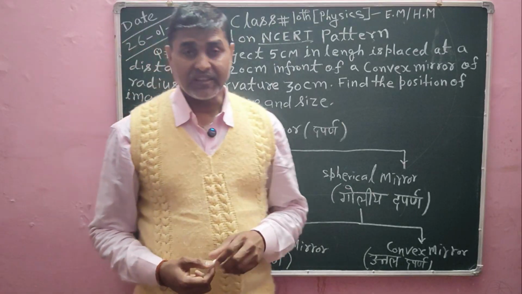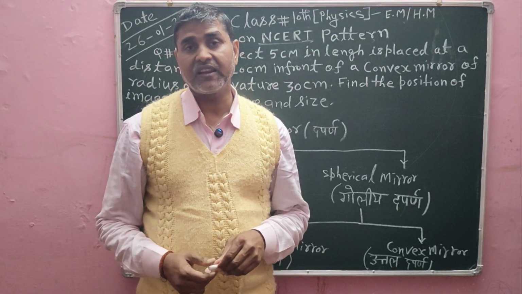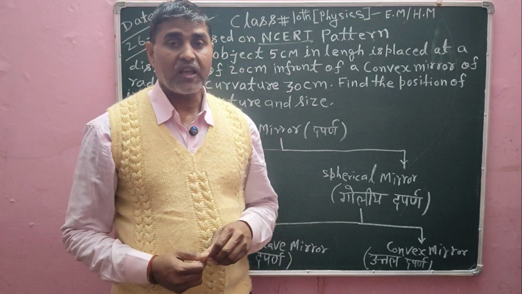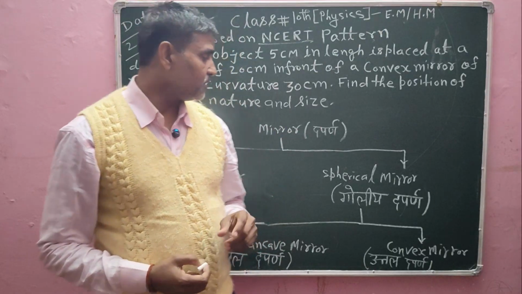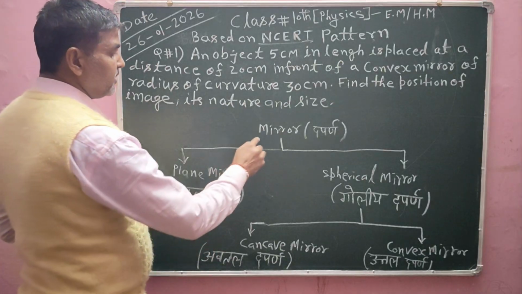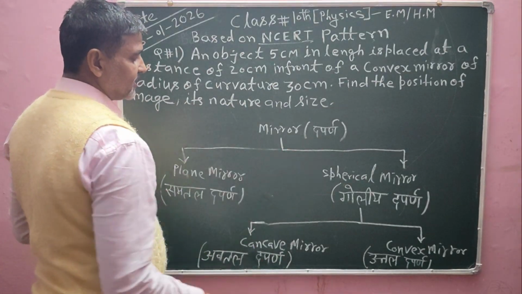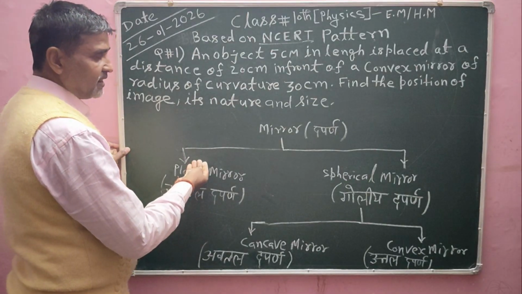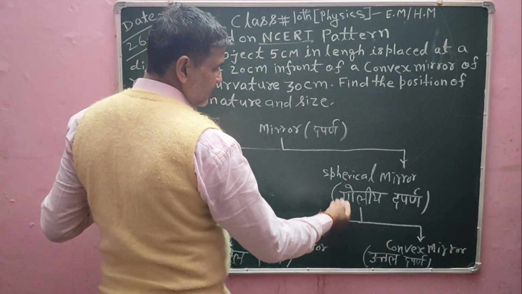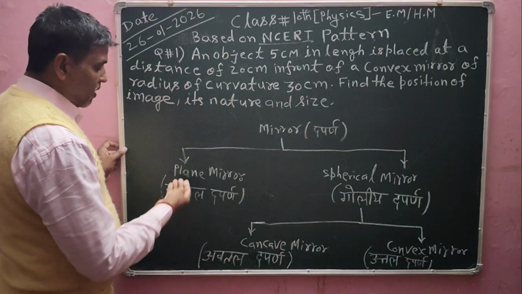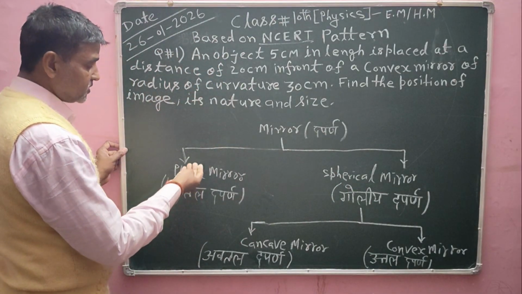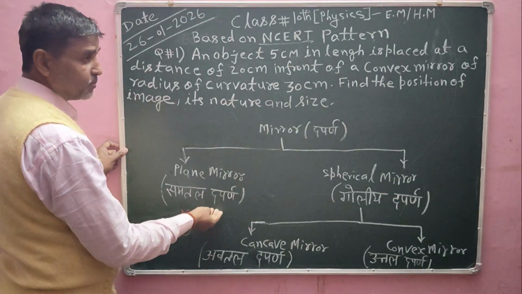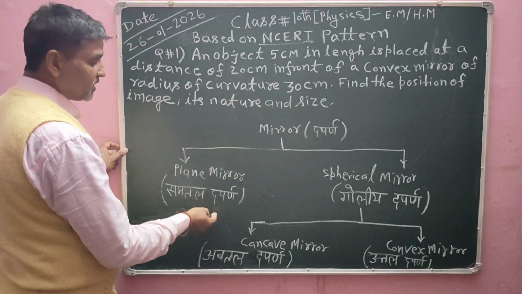स्टूडेंट जो हिंदी मीडियम से स्टडी कर रहे हैं क्लास 12 यूपी बोर्ड में, तो उनके लिए ये इन्फॉर्मेशन हम हिंदी में ट्रांसलेट करें ताकि वो डिटेल में इसके बारे में समझ सकें। क्योंकि मिरर को हम हिंदी में दर्पण के नाम से जानते हैं। ये 2 तरह के मिरर होते हैं, एक समतल दर्पण होता है जिसको प्लेन मिरर के नाम से जानते हैं, दूसरा गोलीय दर्पण होता है जो स्फेरिकल मिरर होता है। तो हम प्लेन मिरर के बारे में बात करेंगे, जब हम घरों में अपने चेहरे को देखने के लिए, उसी को हम समतल दर्पण या प्लेन मिरर कहते हैं।